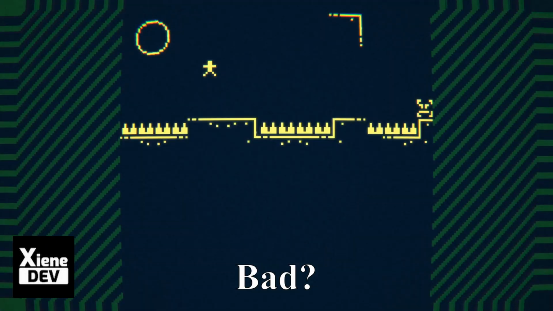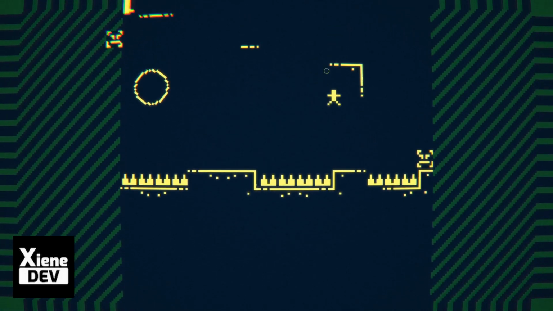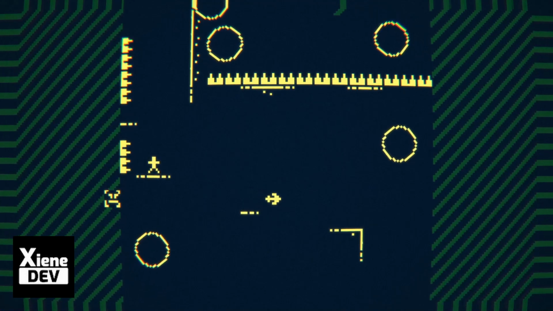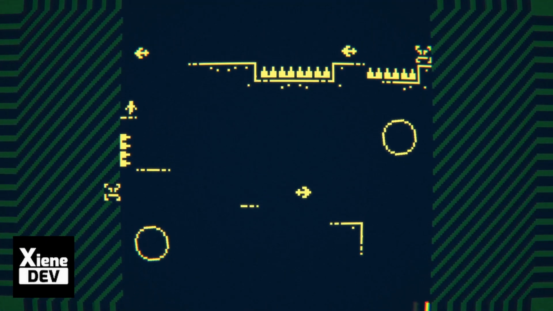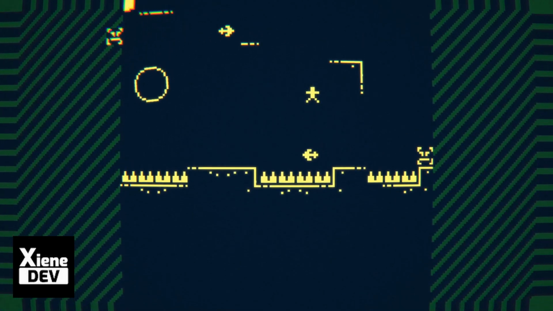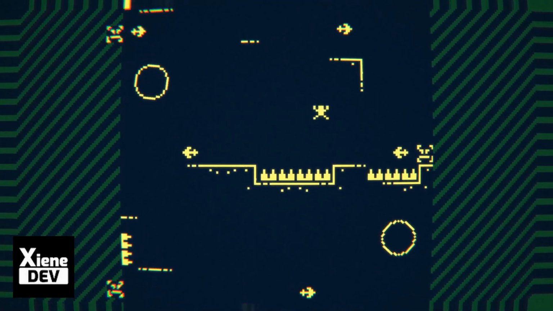Oh, that's bad. What? Okay, I don't really understand what's going on here. Do I have like a wall jump or something? Is that even possible to do that wall jump there? I got to say the wall jump feels really awkward to do. Like it throws you away so fast, but at the same time I think it would be better if I had...